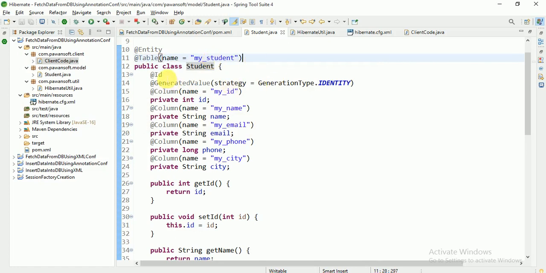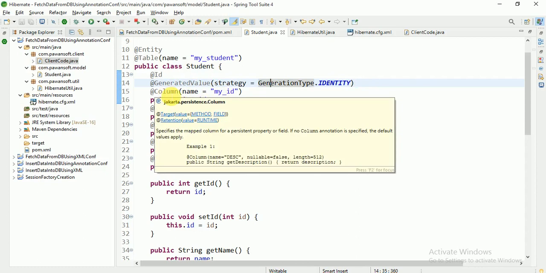And for the id you have to provide the primary key, and if you don't want to provide the primary key value, Hibernate will generate the primary key for you, so you have to use this annotation.